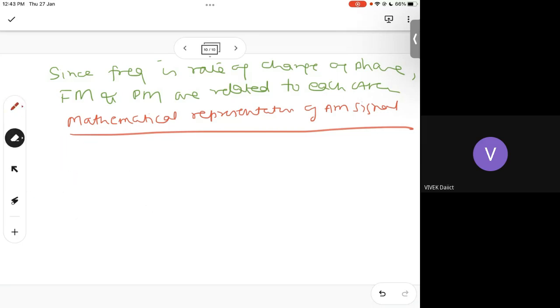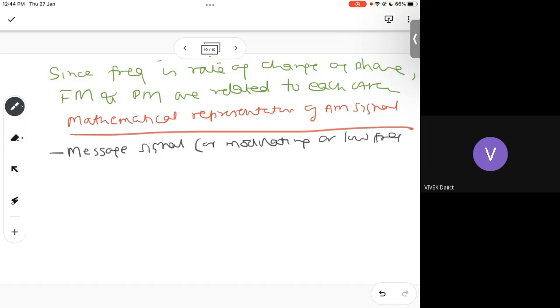One is the message signal, which is also called the modulating, low frequency, or information signal. You have the degree in ICT, information and communication technology, or intelligent signal. There are various words for that, but basically it is a modulating signal, and we represent it as